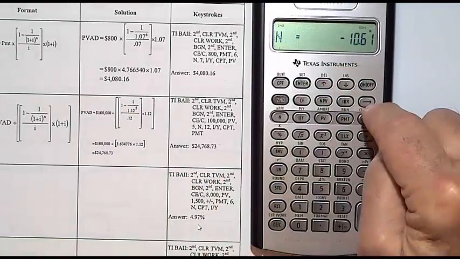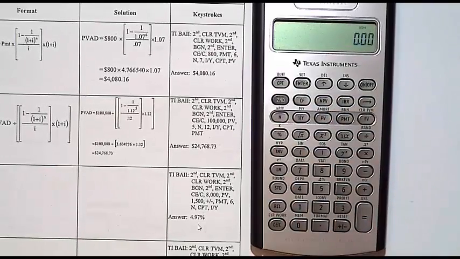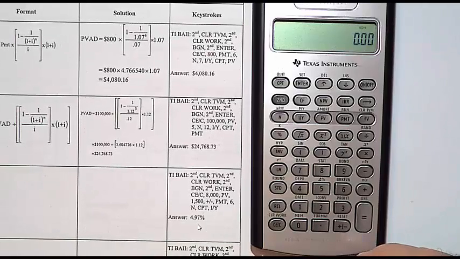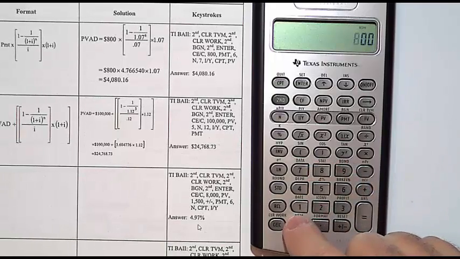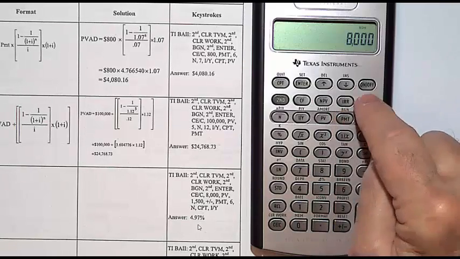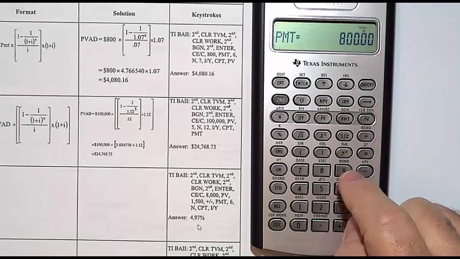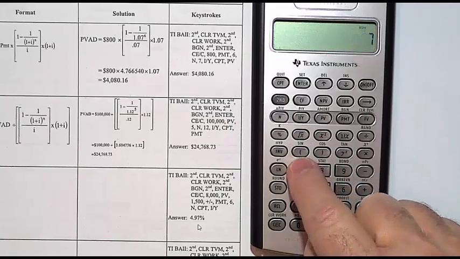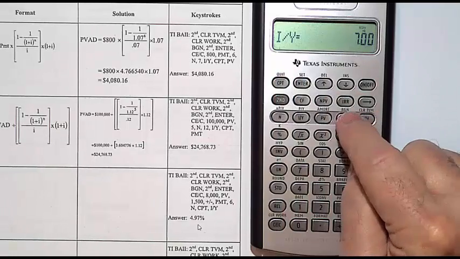Well, let's go to the calculator. Second clear TVM, second clear work. We do have BGN up at the top. And let's plug in our numbers. 800 is our payment. 6 is our N. 7 is our rate. Compute present value,